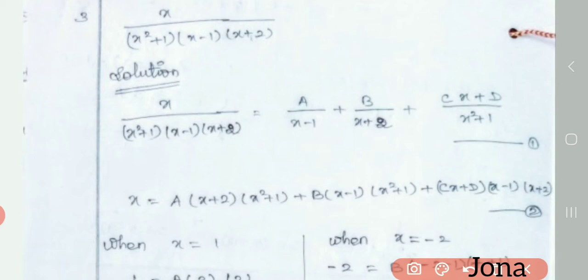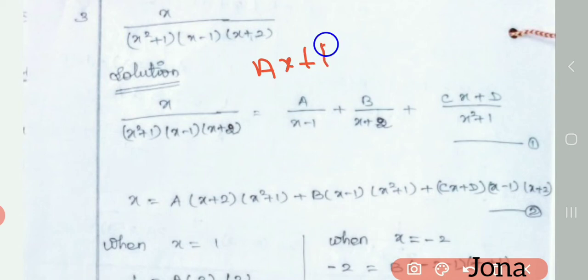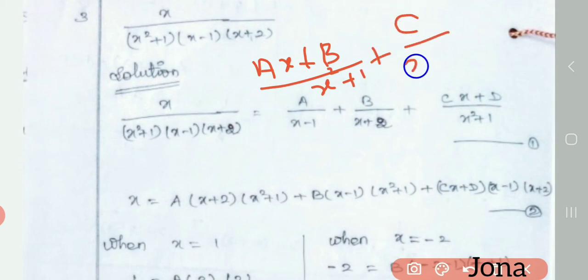You can have some other doubts here, because I have x minus 1 and x plus 2 as the second and third factors, isn't it? Here this one is the first factor. Yes, of course, I can take this as the first factor here also. How to take this? I can write this as (ax plus b) divided by (x square plus 1) plus c by (x minus 1) plus d by (x plus 2). I can take like this also.